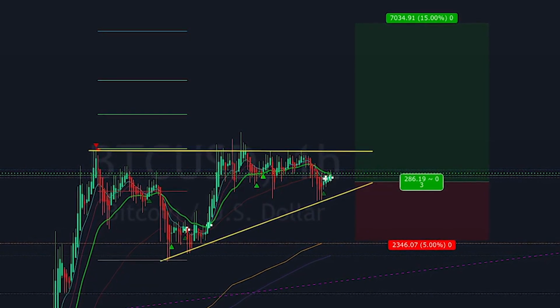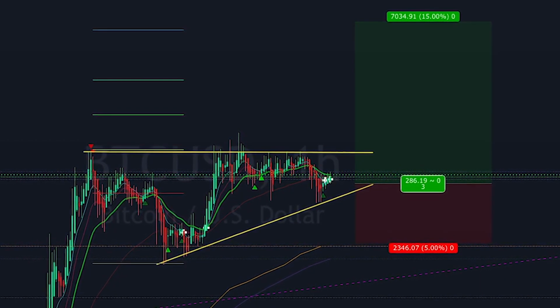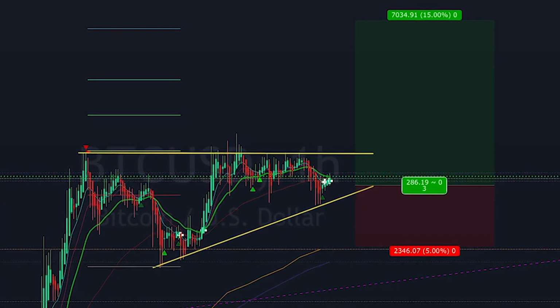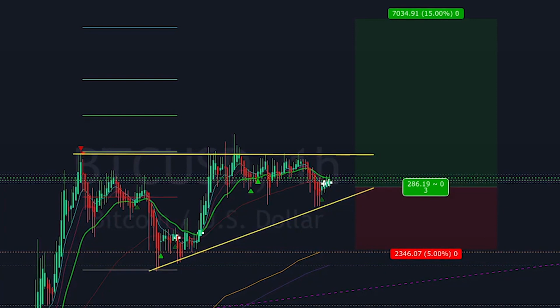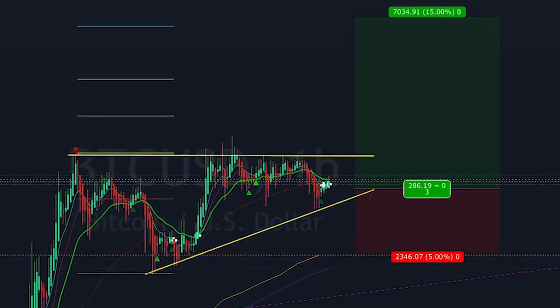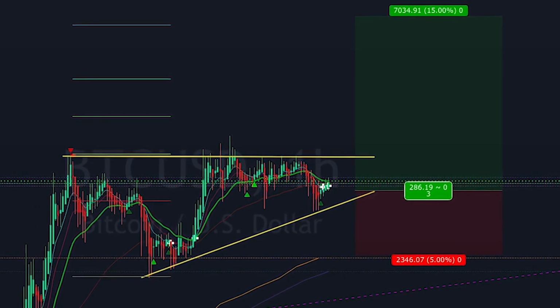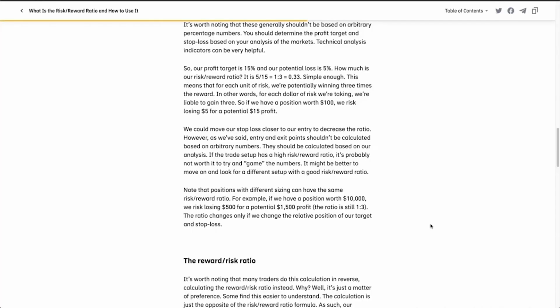Now, we could move our stop loss closer to our entry to decrease the risk-reward ratio. However, as we've said, entry and exit positions shouldn't be calculated based on arbitrary numbers. They should be calculated based on your technical analysis. If the trade setup has a high risk-to-reward ratio, it's probably not worth it to try and game the numbers. So it might be better to move on and look for a different setup with a better risk to